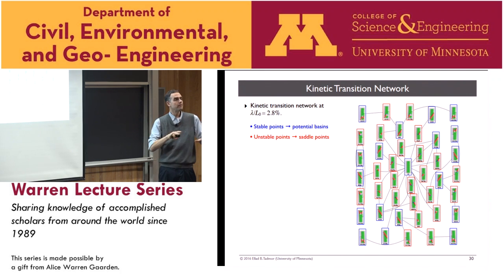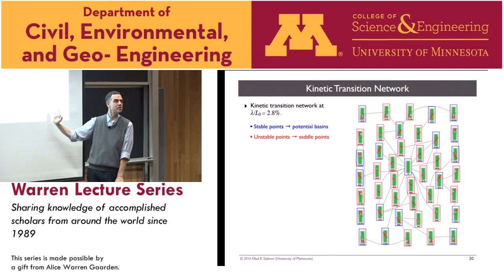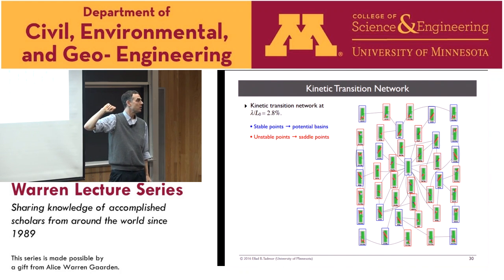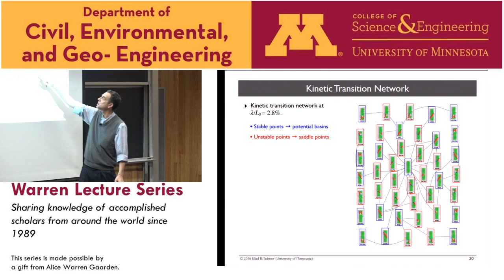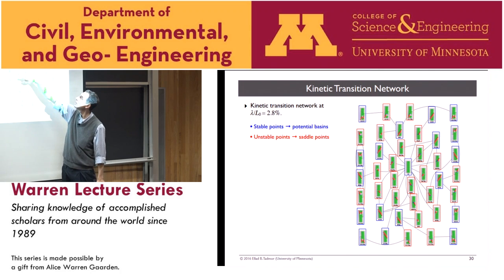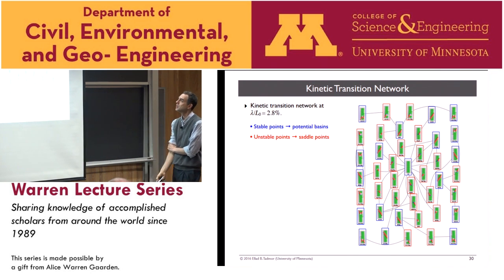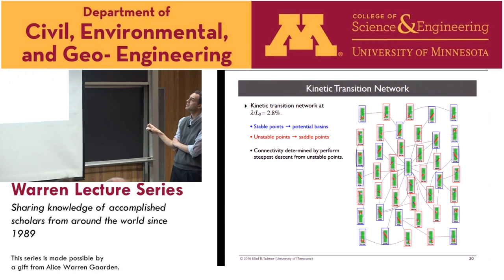So it's finding the possible behaviors of the system, where it can hop, how it can go from place to place. So this is characterizing the state-to-state dynamics of the system, what it can do. If you maintain the strain at 2.8% and you just watch the system, it'll hop from one of these states to another if you give it enough temperature. If you don't give it enough, it'll just sit here, stuck in this state. But if you heat it up a little bit, it'll do a walk through these states. And so we identify all these connectivities.